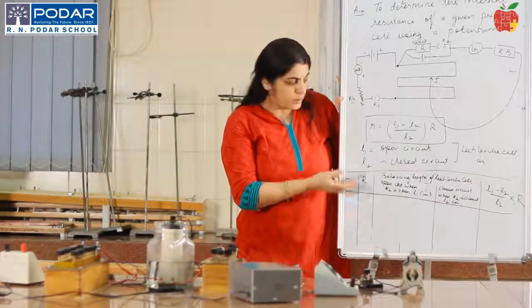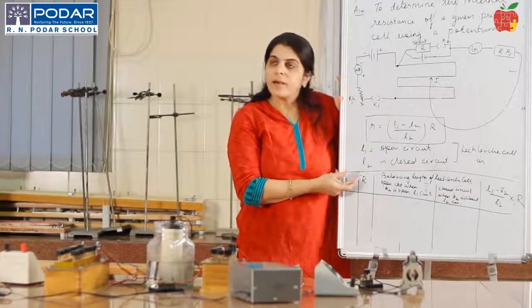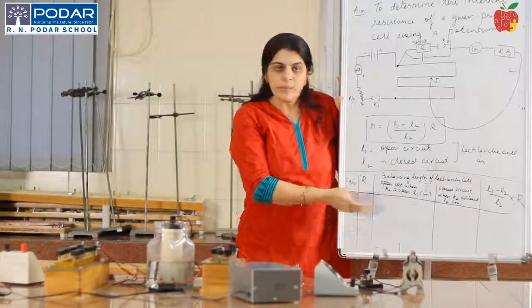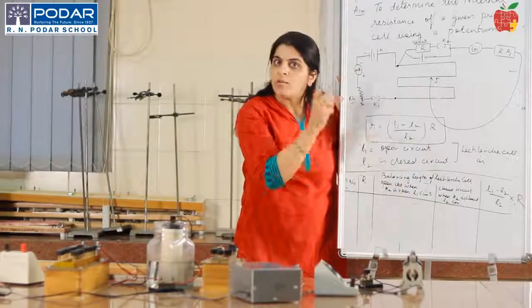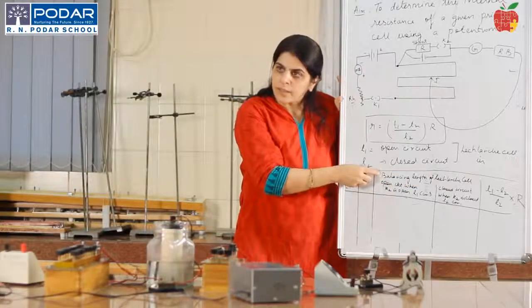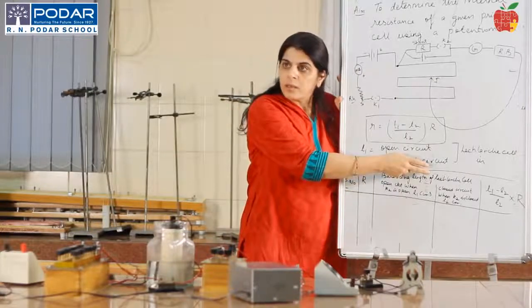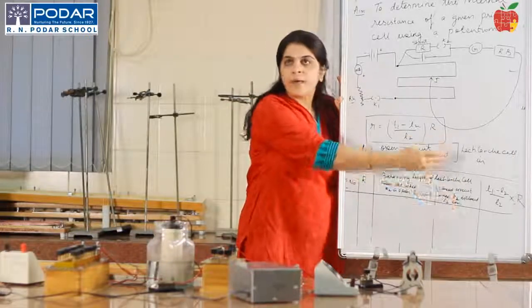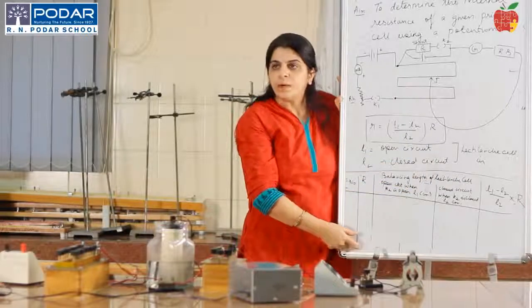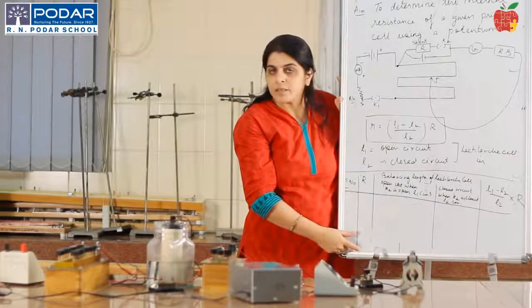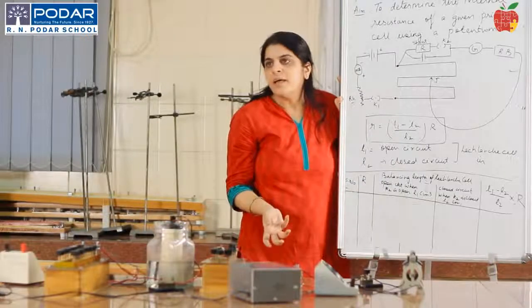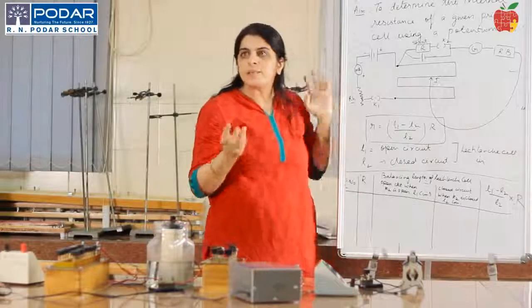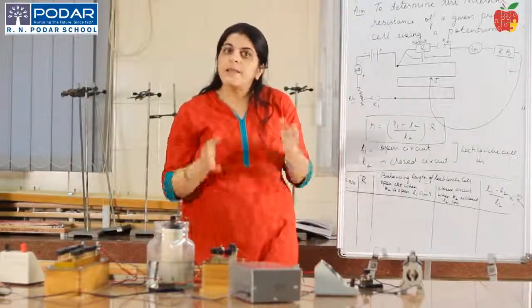Students, when you are taking observations and making the setup, in your observation table we require these things. For different values of the shunt R, you will find different values of L1 and L2, that is the balancing lengths of the Leclanché cell when the cell is in an open circuit and when the cell is in a closed circuit. We find the individual value of r for every different value of the shunt resistance R, and then we calculate the mean value of that internal resistance, and that will be your result: the internal resistance of your Leclanché cell using a potentiometer.